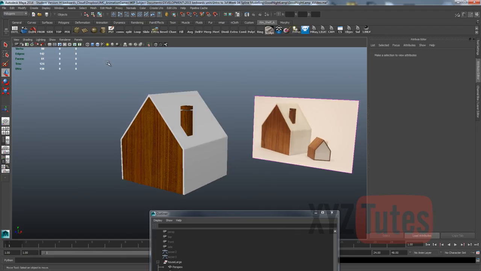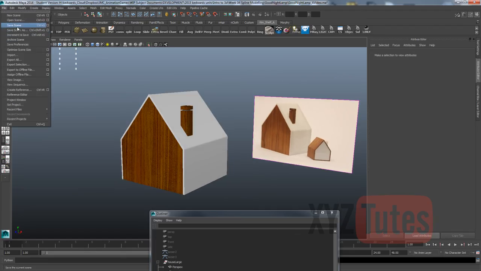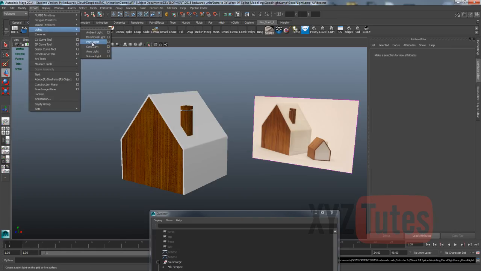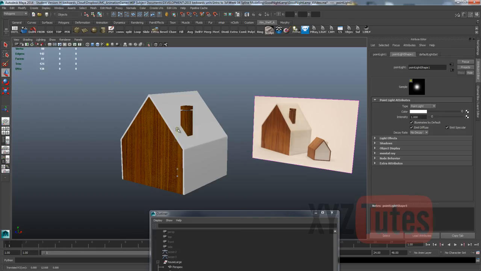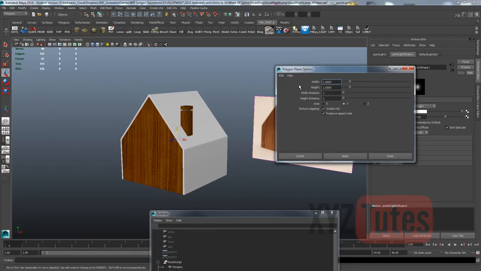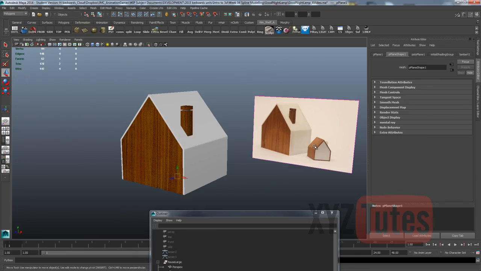do some proper lighting now. So I'll just do another save. So we're going to create a point light, and we'll put it in the middle. This is just to have another close look at our materials. Give it an intensity of 200 and some decay, quadratic. Shouldn't be anything new. We'll create a ground plane, so polygon primitives plane, and just click create,